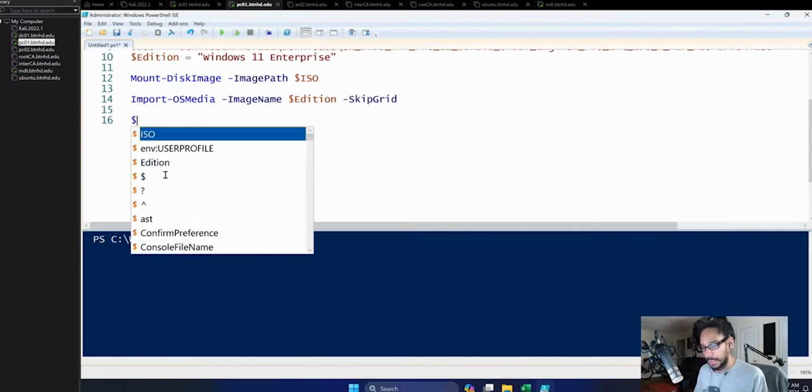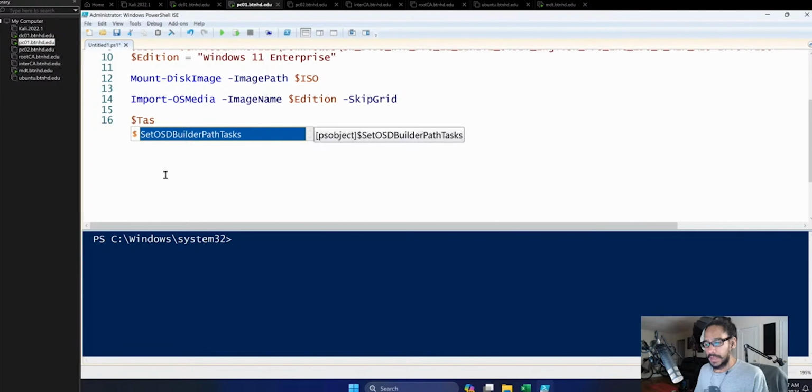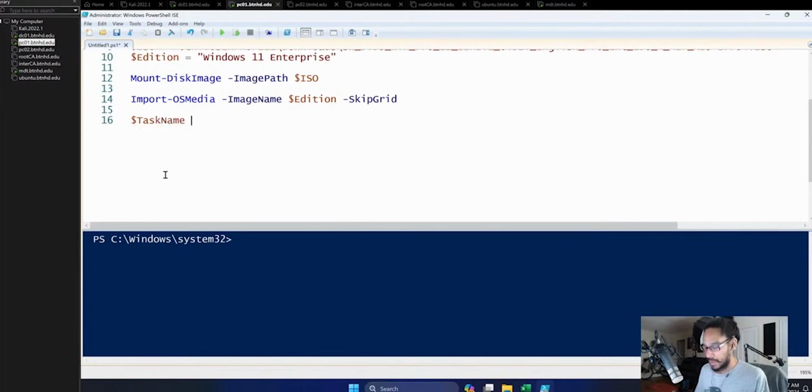So we are going to declare another variable. We could give it whatever name. I'm going to call it $TaskName equals to, this is up to you, open and close quotations. And in here, we're going to do Remove Apps from Windows 11 22H2.